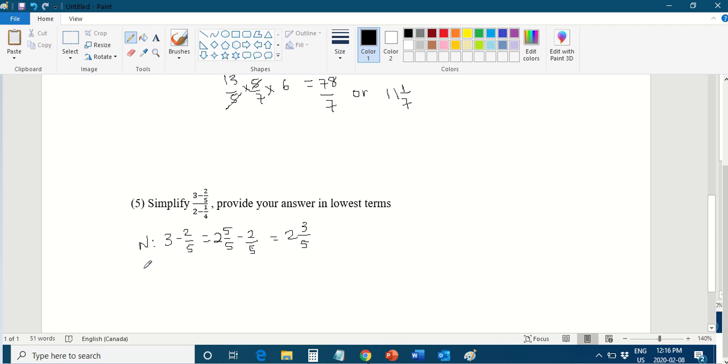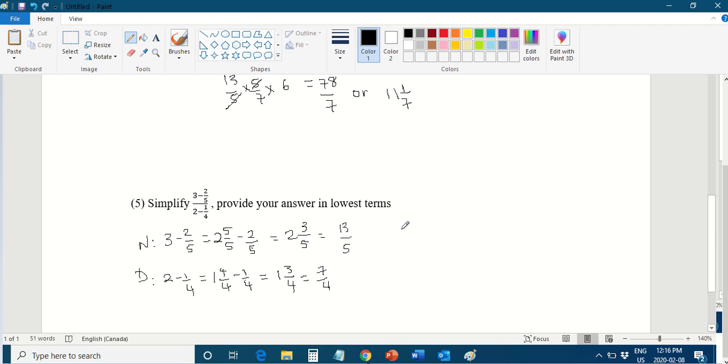Now for the denominator, we have 2 subtract a quarter. So 2, I can say it is 1 plus 1. So 1 and 4 over 4, because that's 1 plus 1, which is back to 2. Subtract a quarter. So it will be 1 and 3 quarters. And now we need to divide those two numbers. But if they are in mixed fraction, we don't know how to divide them. So we'll convert them into improper fractions. So the numerator is now 5 times 2, which is 10, plus 3, which is 13, over 5, and the denominator 4 times 1, which will give us 4, plus 3, which will be 7 over 4.